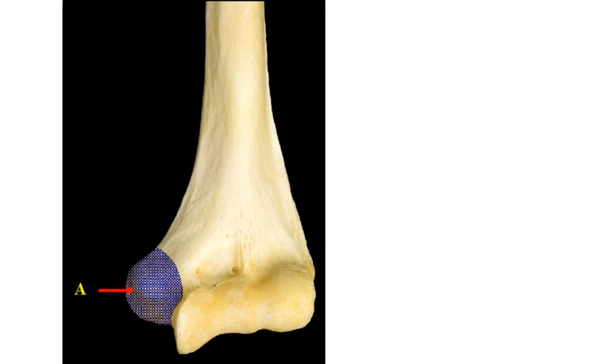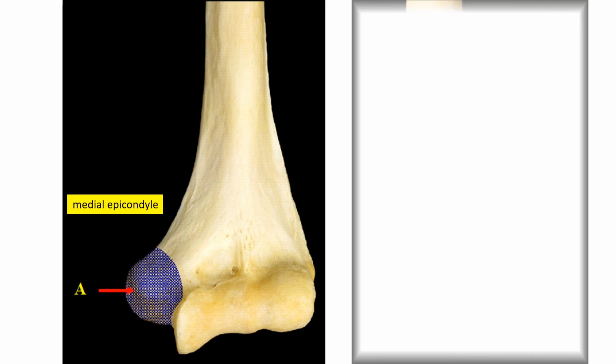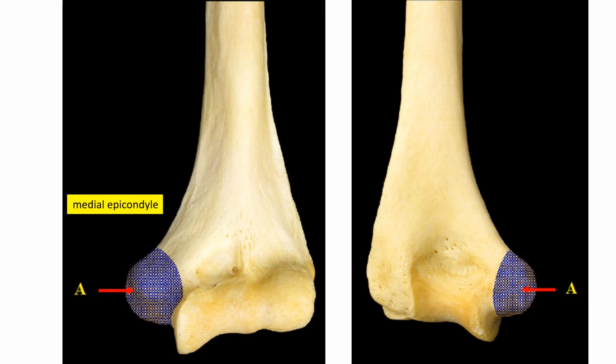Of course, we are looking at the lower end of the humerus, and we can see the blue area here. We have just seen what this structure is, and it is the medial epicondyle. We know why it's medial, and we know why it's epi, and we know why it's condyle. The question is, where is the condyle? The condyle is the trochlea. Trochlea is just lateral to this area, and trochlea is this,